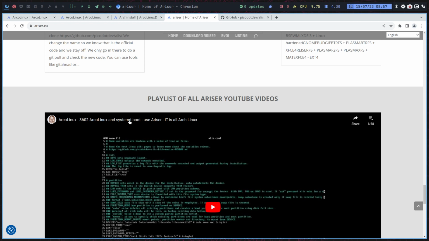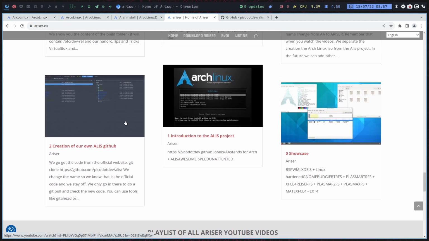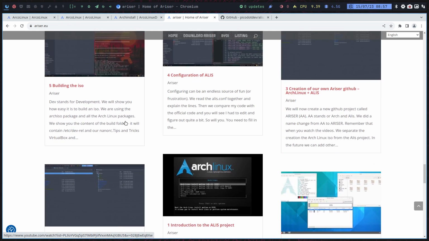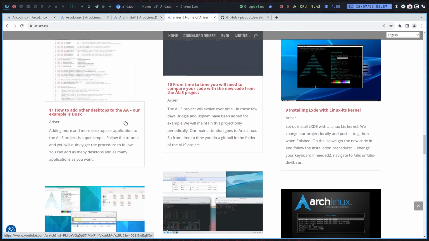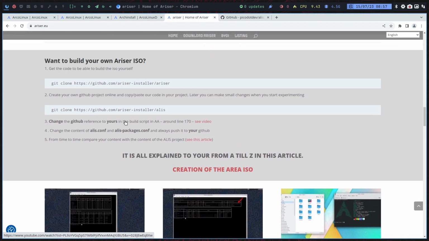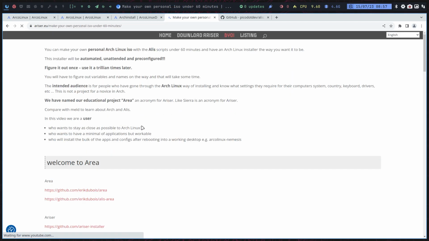All right. Yeah, this may be a selling point for some people. There is the option in a riser to have system deboot, right? It's not in ArcoLinux, it's not in Calamares as such, but it's in the other 4 ways, right? That's possible. System deboot is easy in a riser. So have a look. If this is something you'd like, then you can make your own ISO, give it a name you like. A riser is my name, area was the user's name, and you make your own,